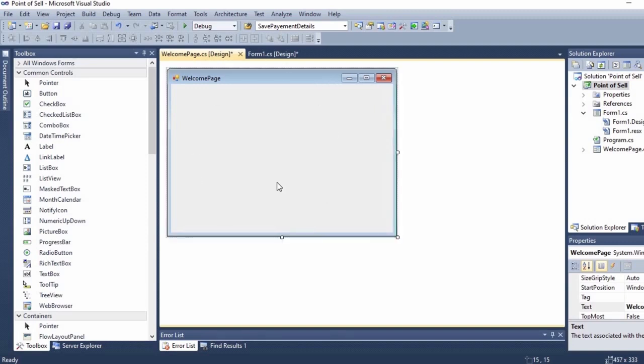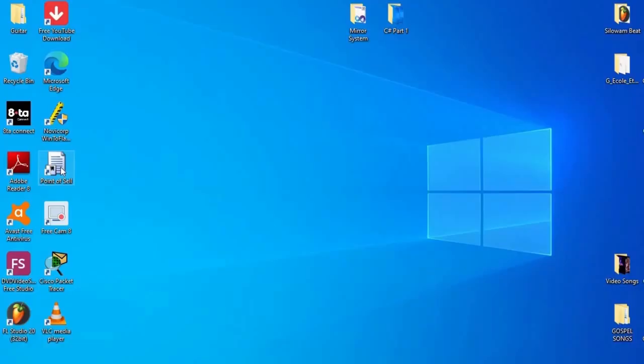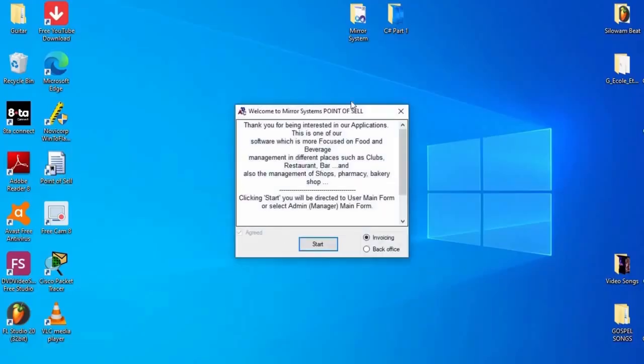So in the next lecture, we're gonna see how to program this page, and then to open other pages and forms, because when we click, it's this page which is presented. Then you can click on invoicing, user main form, or the back office, which is admin main form. It's two forms. You click start, it will open,